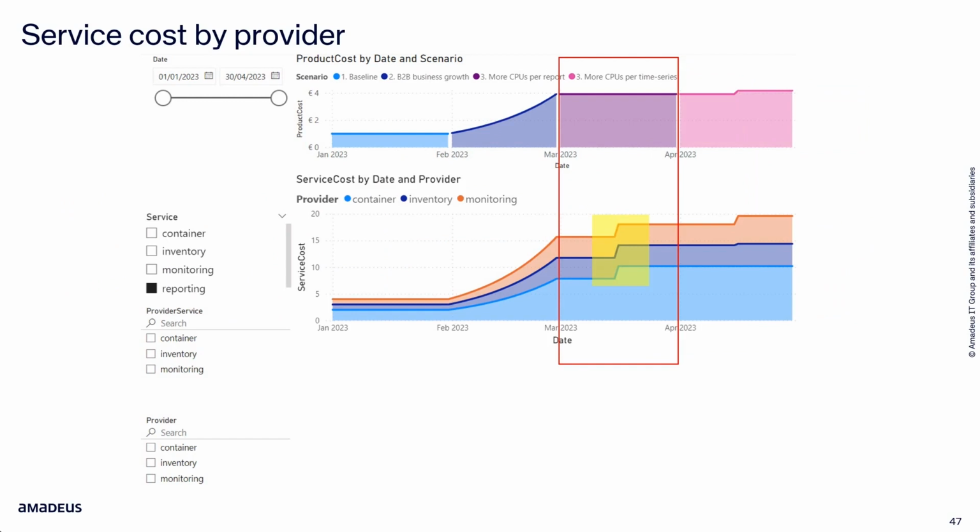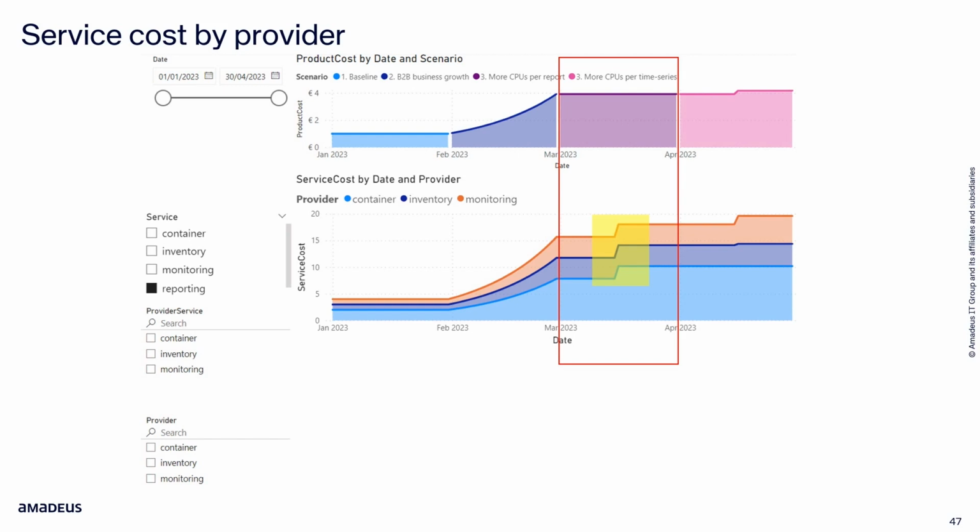The area chart at the bottom of this report shows the cost evolution over time of the reporting service by provider. We can see clearly that the cost coming from the container platform is increasing, while the cost coming from monitoring and inventory is constant. This container cost increase denotes a change in the application container footprint, which can be, for example, due to provisioning or resiliency, or to support a new feature.